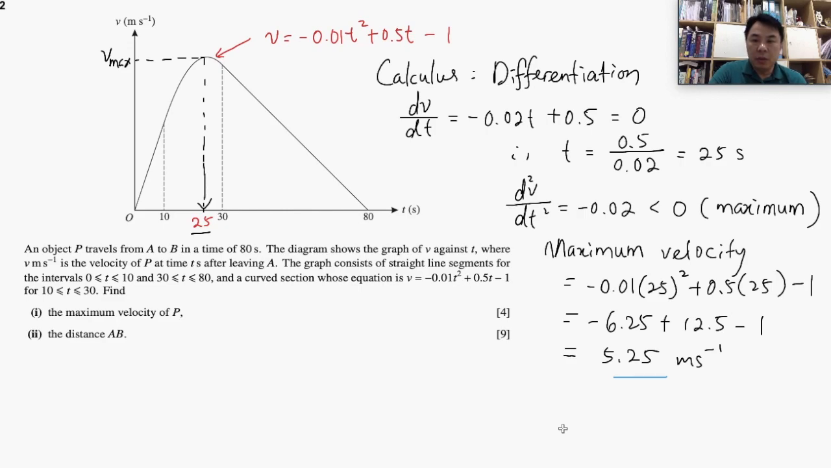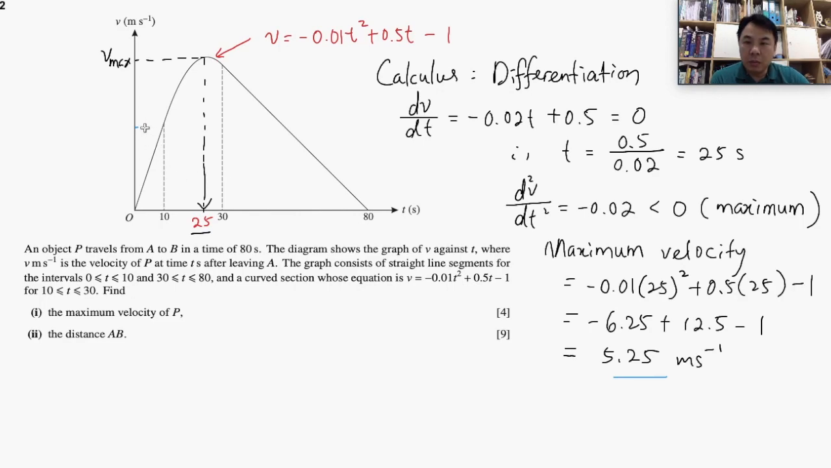Finally, we're going to find out the distance AB. How are we going to find out the distance AB? Distance AB is area under the graph. Yeah, area under the graph in this case. Right. Now to find area under the graph, I can work with the first area here, and the next I can work with the next area here. Okay. Now before that,